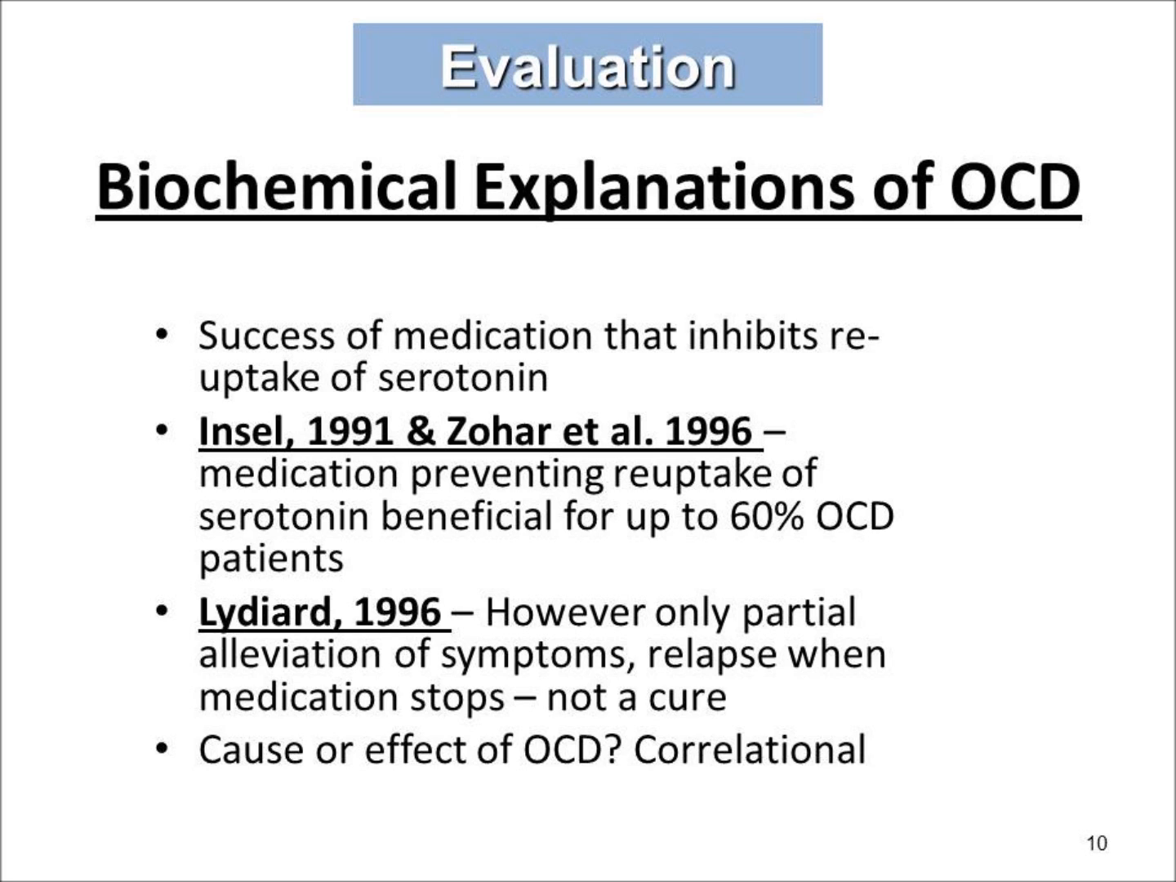So obviously Lydiard is evidence against, it's a weakness in the explanation. The other big weakness is that all of this information is correlational. We don't know whether it's cause or effect of OCD. Is it that OCD causes changes to the orbitofrontal cortex or basal ganglia, or is it that changes in those structures actually leads to OCD? Is it that OCD leads to serotonin levels dropping, or is it that serotonin levels dropping leads to OCD? We don't know, it's just a correlation. So it's not the whole picture,